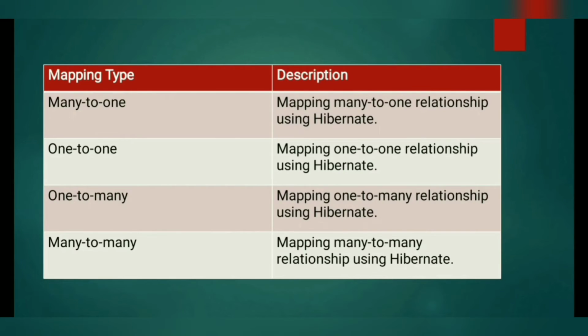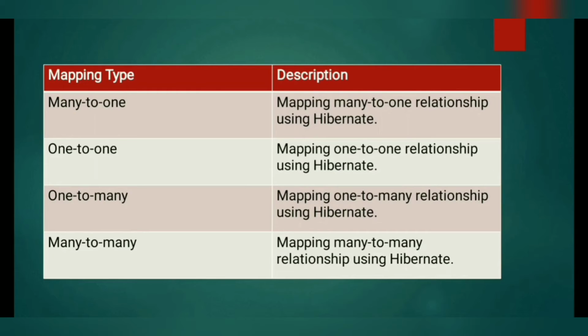The first one is many-to-one relationship. Now let me give you an example for this. There are multiple vehicles. Take car 1, car 2, car 3 and car 4. For these multiple vehicles, there is only one single owner. Only one person has bought all these four vehicles. So this is the example for many-to-one. Next is one-to-one. Take enrollment of a student as an example. One student can have only one enrollment number. So this is the example for this.